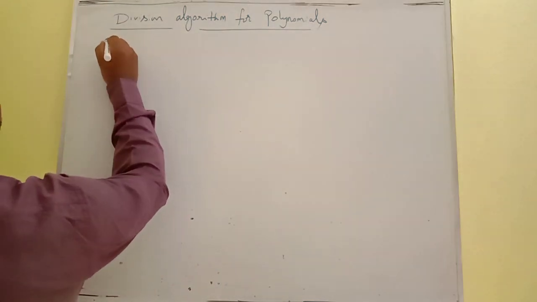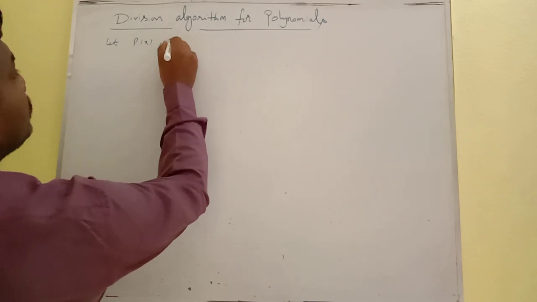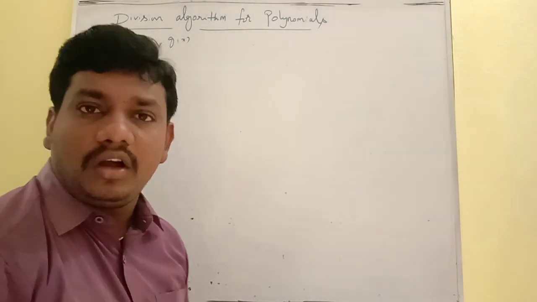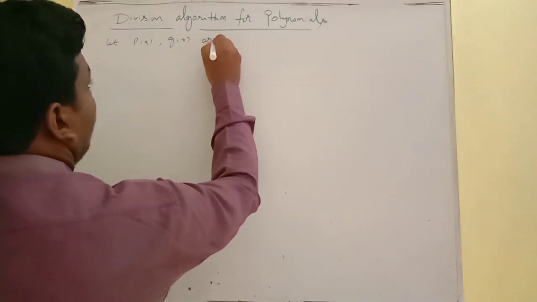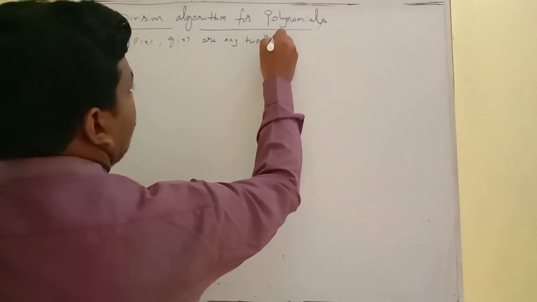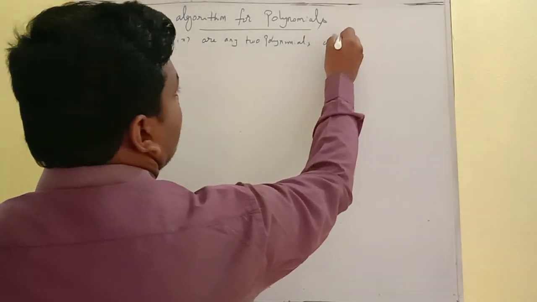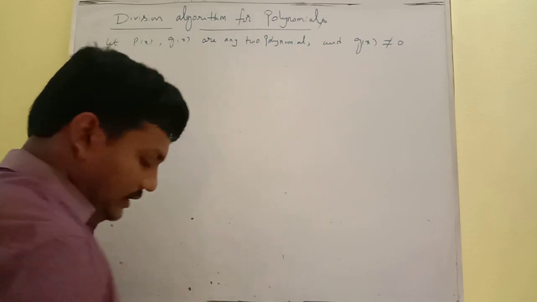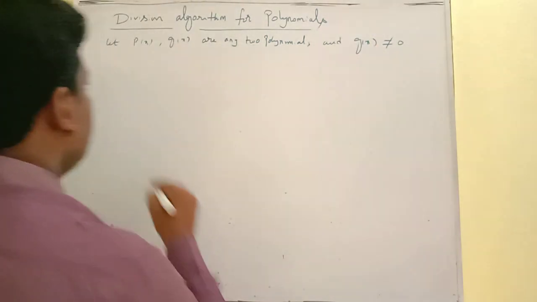Let p of x, g of x be any two polynomials, and g of x is not equal to 0. That is, g of x is not a zero polynomial, such that